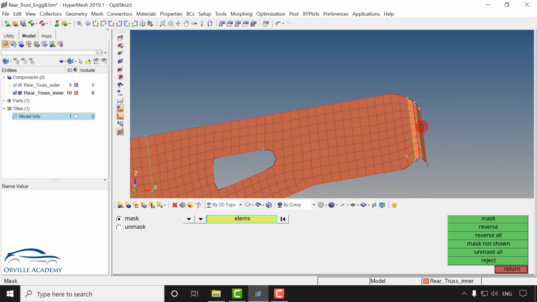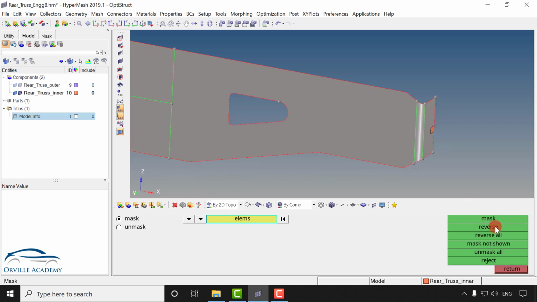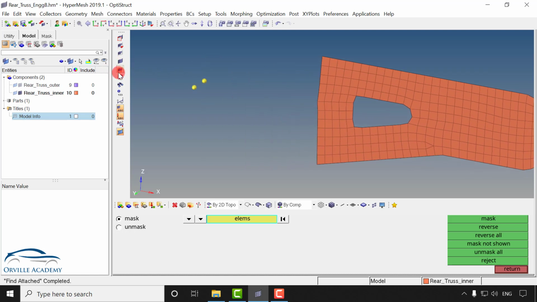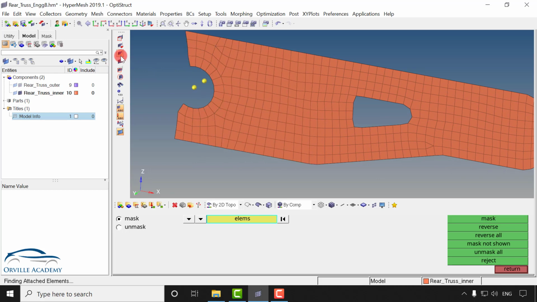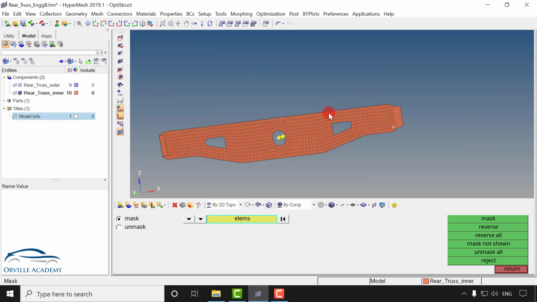This is a very important check. Let's say mask, and let's say reverse, and here I will hide the surface, and I will go for unmask, and you can see the entire geometry is coming. Not only that, they are coming layer by layer. That means we have meshed it very perfectly and properly. And say unmask all. In this way basically engineer B also has completed his task.